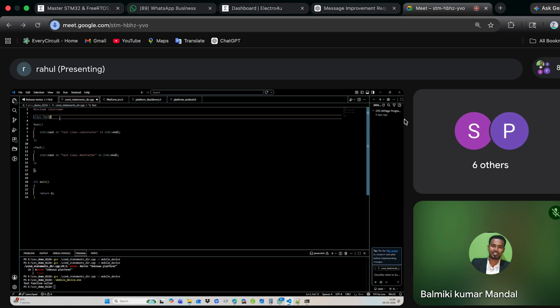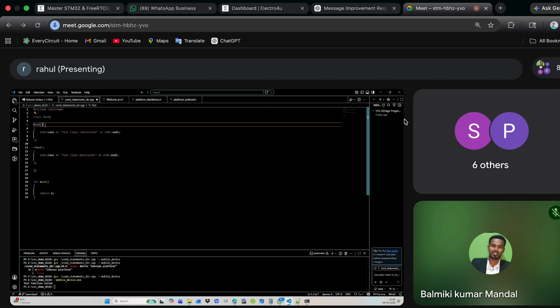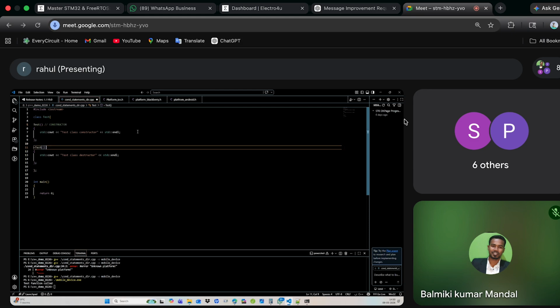If you see, the structure of a class is like this. In interviews, if anyone asks, especially if you are a fresher, to explain the structure of a class, you should have a class which has a constructor and a destructor. I think you know these things already. So I will ask one basic question: why do we need a constructor or destructor? Do you have any idea?